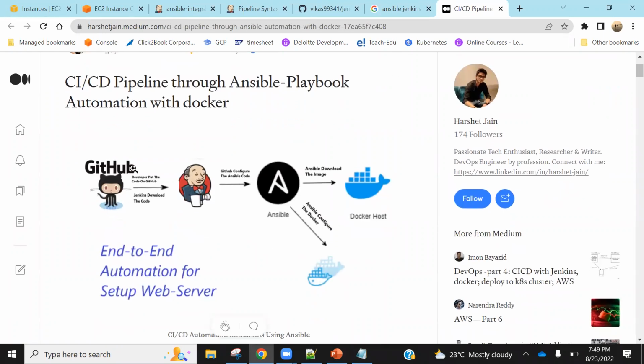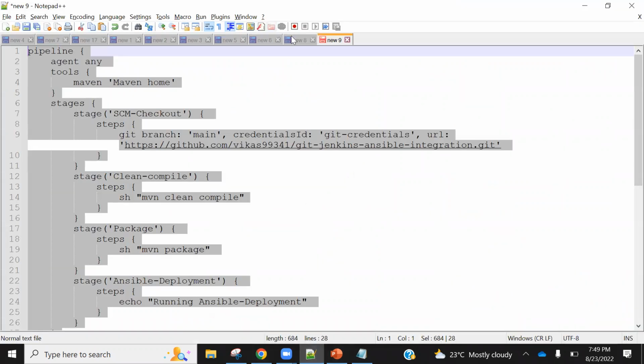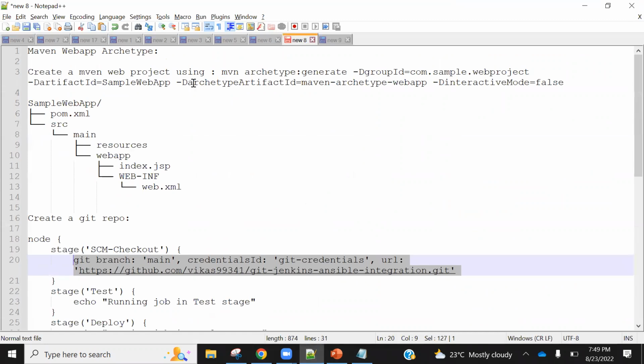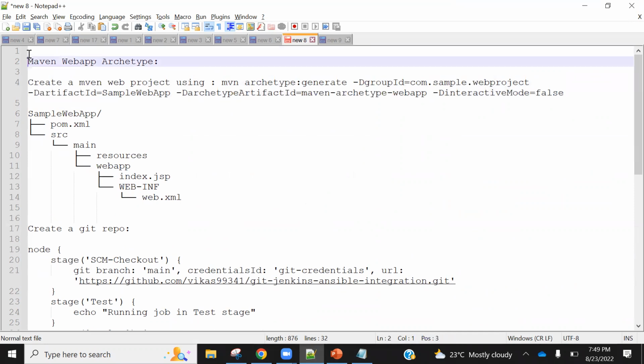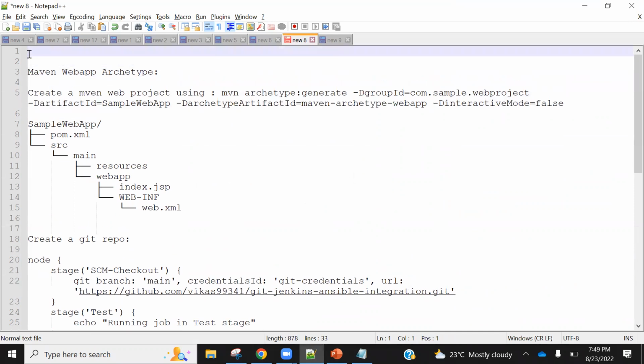See, the first thing which I want to do is a Git checkout. For Git checkout, I need a code. So what I did first, I created a code. Where did I create a code? If I have to come from the beginning, I will say install Jenkins, keep it up and running. First thing. Second is